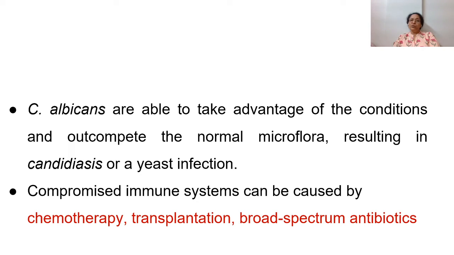And as there is no competition for Candida albicans because of the absence of normal microbiota of the gastrointestinal tract, they overgrow, they outcompete and cause infection in the patient. Compromised immune systems can be caused by chemotherapy during treatment of cancers. During transplantation, broad use of broad spectrum antibiotics is again a favorable condition, which is the most important predisposing factor for the diseases by the Candida